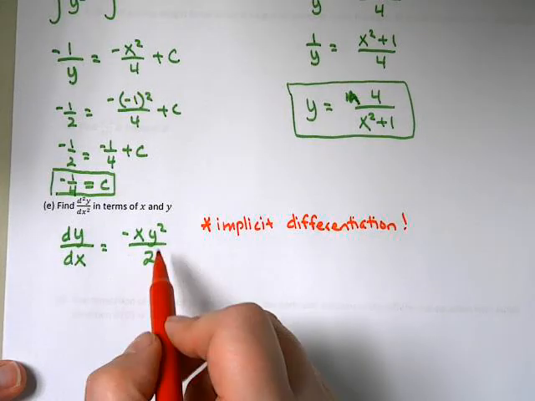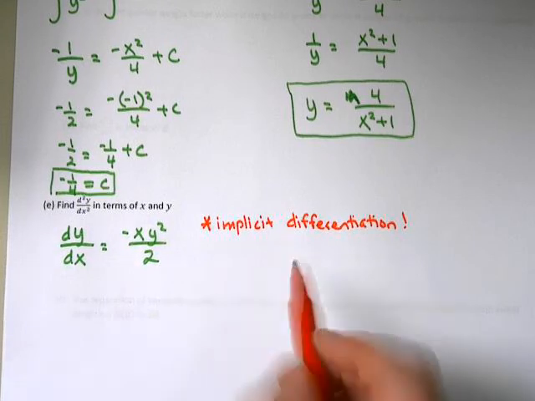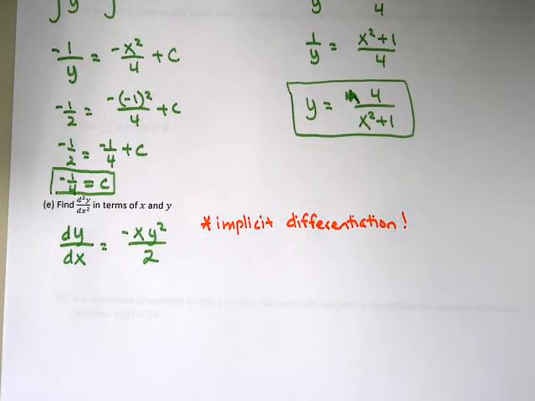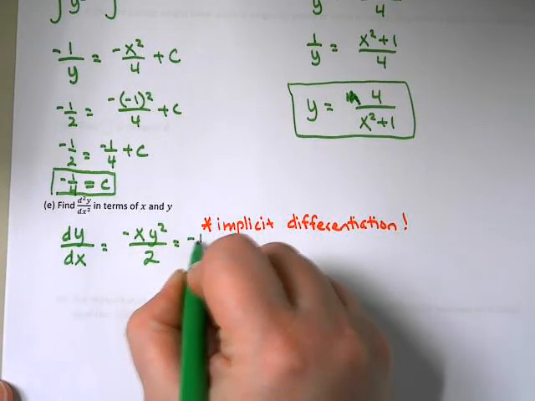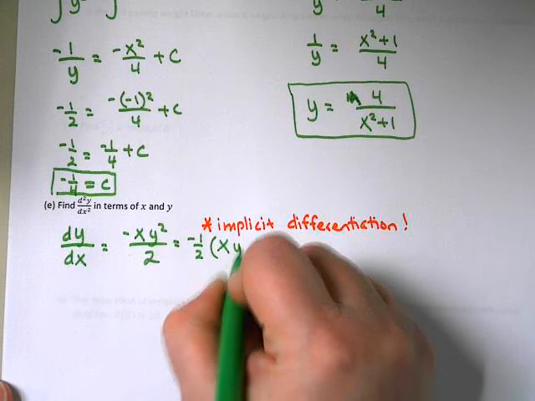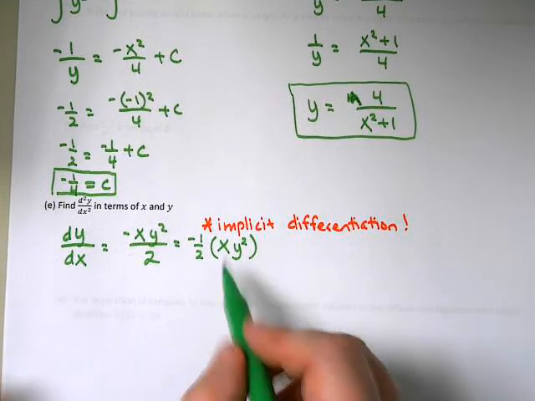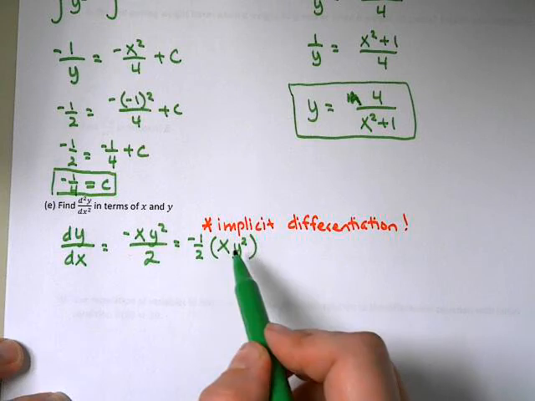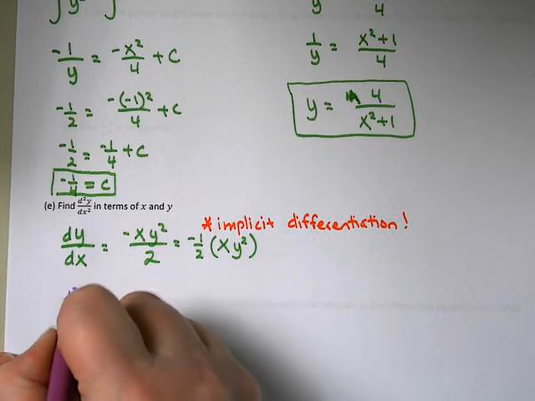All right, our derivative here is in terms of x and y. So we're going to need to use implicit in order to take this derivative. So let's see here. Before I even take the derivative, I'm going to take this negative 1/2 and pull it out and make it negative 1/2 times xy squared, because then I can ignore the negative 1/2 and just use product rule in here. So I'm going to do it in a different color. Let's look. The second derivative then